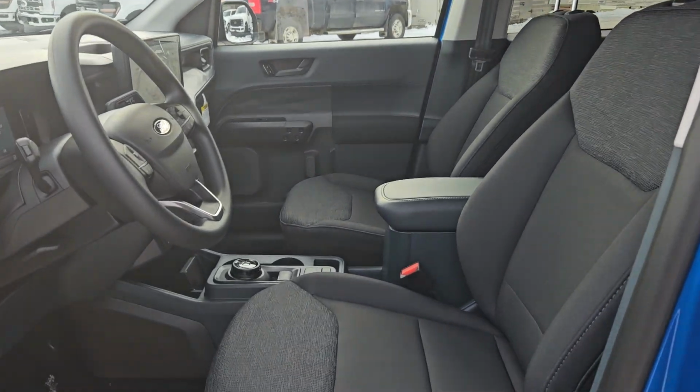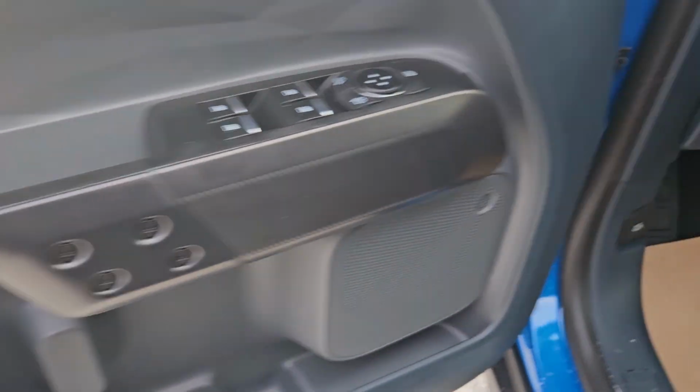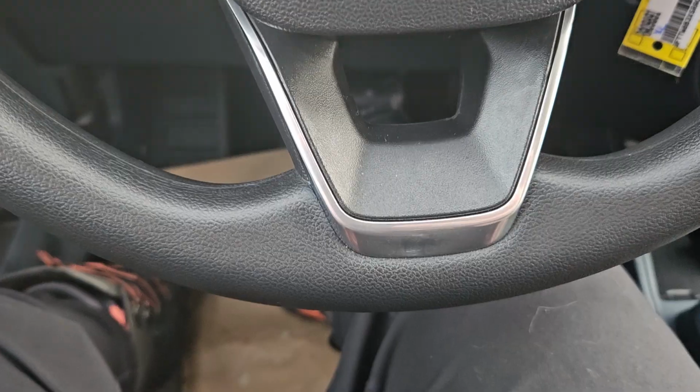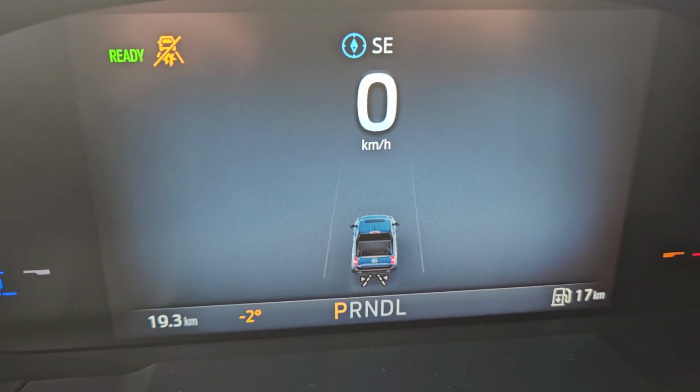Taking a look at the front, or the driver's side, we do have manual seats with the same cloth interior we saw in the back there. Plenty of door space. We have our lights, gas cap, and trailer brake all on your left-hand side. Taking a look at the vehicle while it's running,